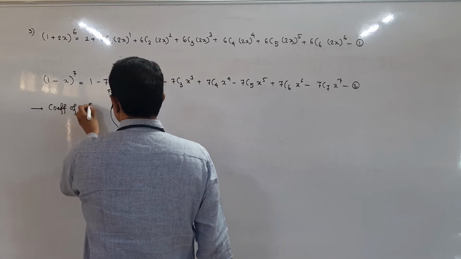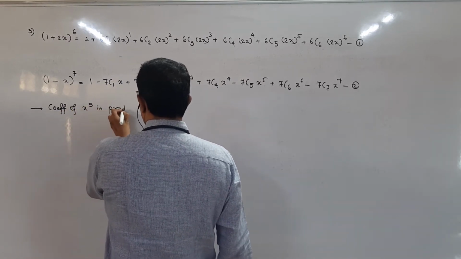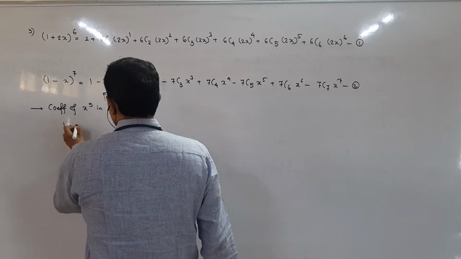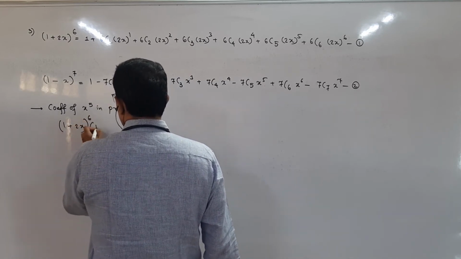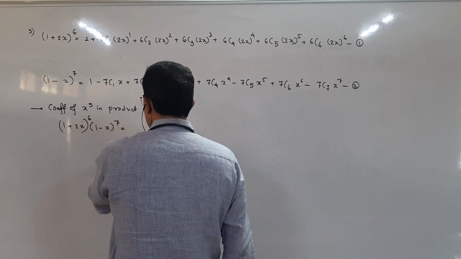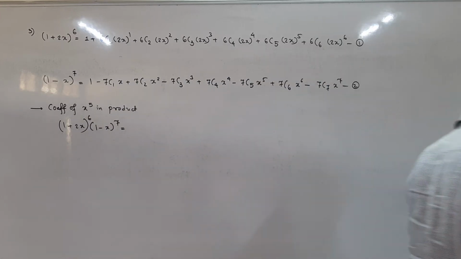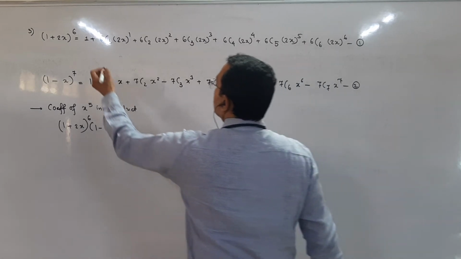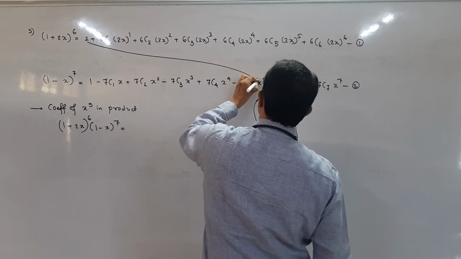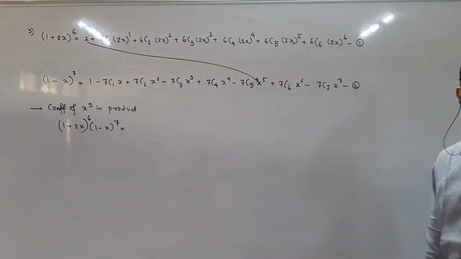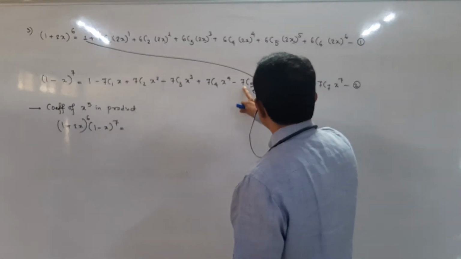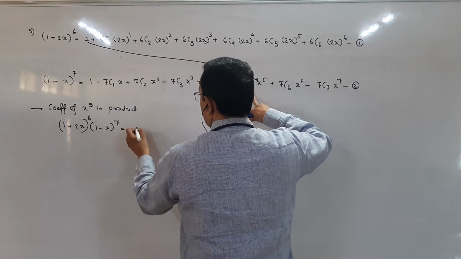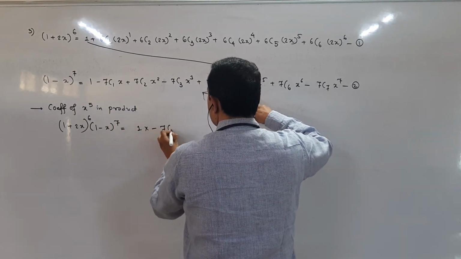Coefficient of x raised to 5 in the product of 1 plus 2x raised to 6 into 1 minus x raised to 7 is equal to. Now which term of the first expansion should I multiply with the second expansion to get x raised to 5? When I multiply 1 with this term, I get x raised to 5. Observe very carefully. What is the coefficient of x raised to 5? Minus 7c5 and 1. So 1 into minus of 7c5